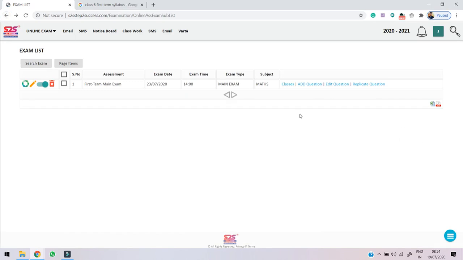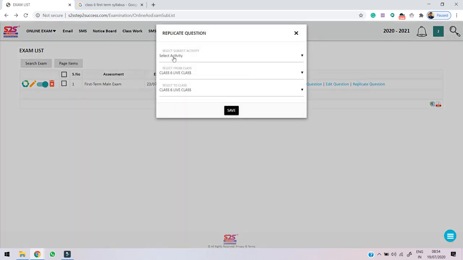Now there is a very good option here that you can replicate the question. Suppose you have 2 sections in one class, and for both sections the questions are going to be the same, then you can replicate your questions from here. Once you click on replicate, you will have an option for which activity you are going to replicate. I'm selecting maths test here. Then you have to select from class, that is, from which class you are going to choose questions.